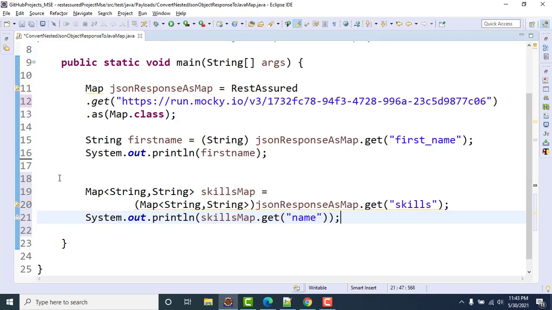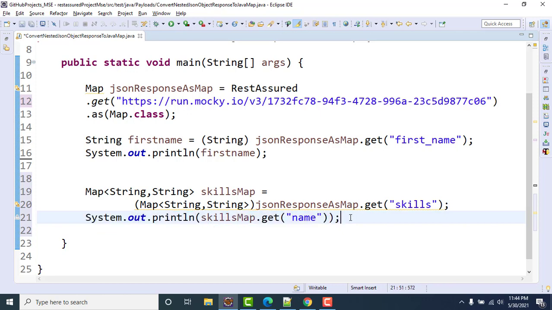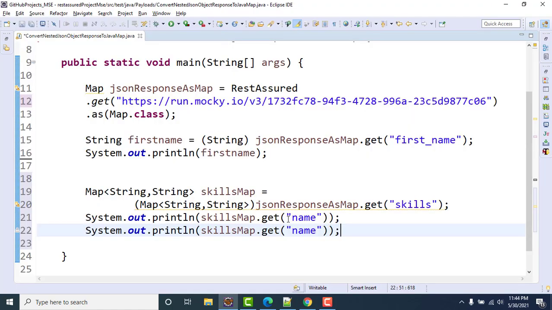Or if you want to get the value of proficiency, right? So you can get it. Proficiency. Okay, now you can get the value of both values as well.